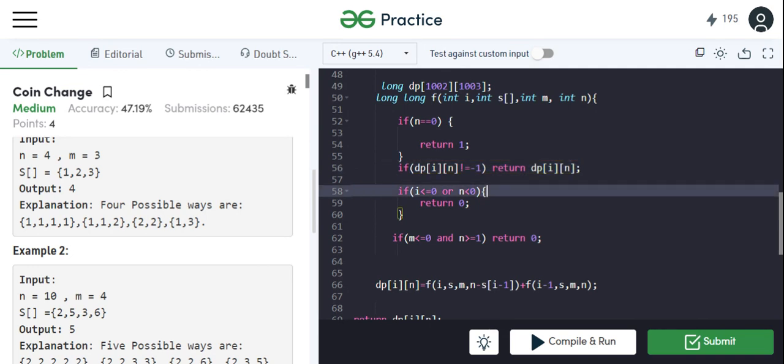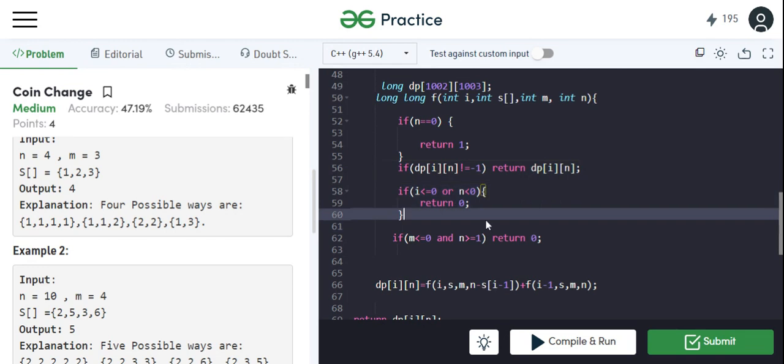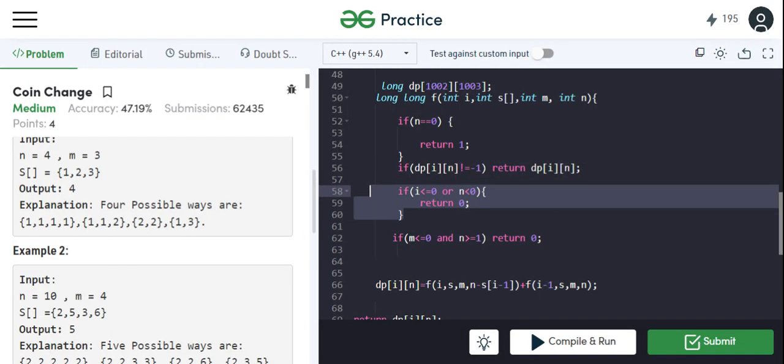And if i is less than or equal to 0 and n is less than or equal to 0, we return 0. Why? If my n is equal to 0, I know I do not need to find any answer for it. Since my sum is equal to 0, why should I take any coins from here? I'll just simply not take any coins. That means I can get a value of 0 here. And if